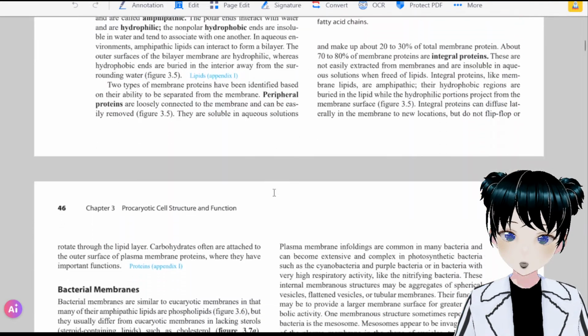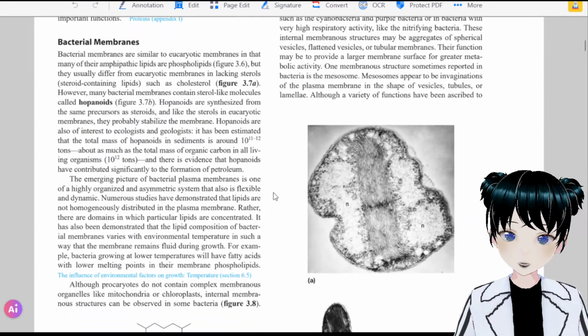By the way, if you don't know what bacteria and archaea are, both are prokaryotes, and both don't have a true nucleus and complex organelles, right? But bacteria and archaea are quite different, because of their ribosomal RNA. This distinct feature makes it clear that bacteria and archaea are not the same thing, even though previously they were considered the same. And the other thing is that archaea usually live in extreme conditions. It's because of their cell membrane structure. Today we are going to discuss this. So without further ado,